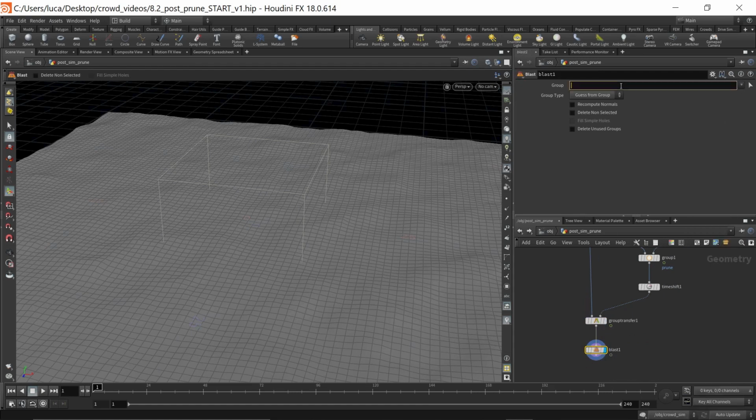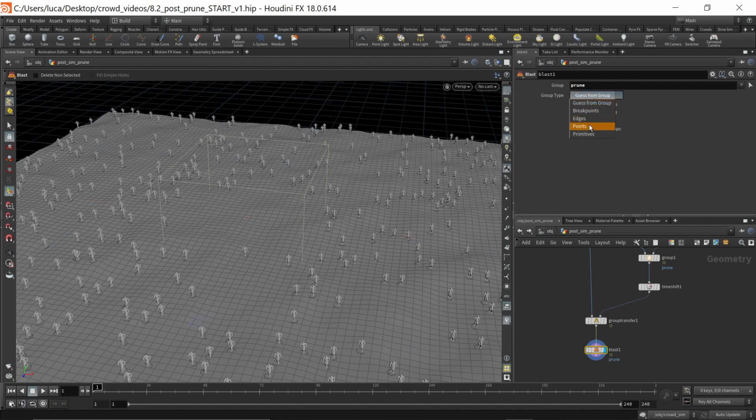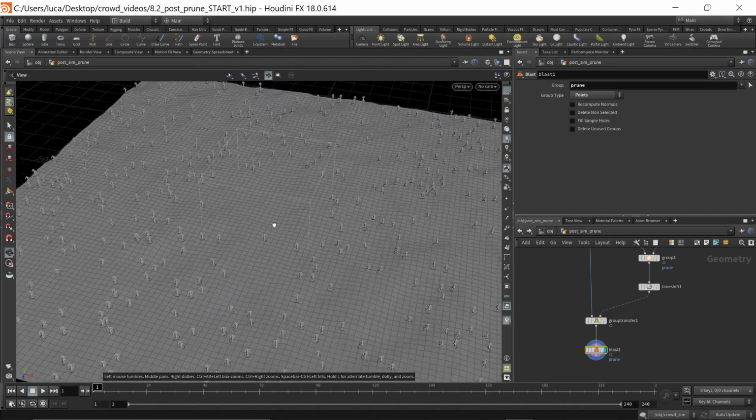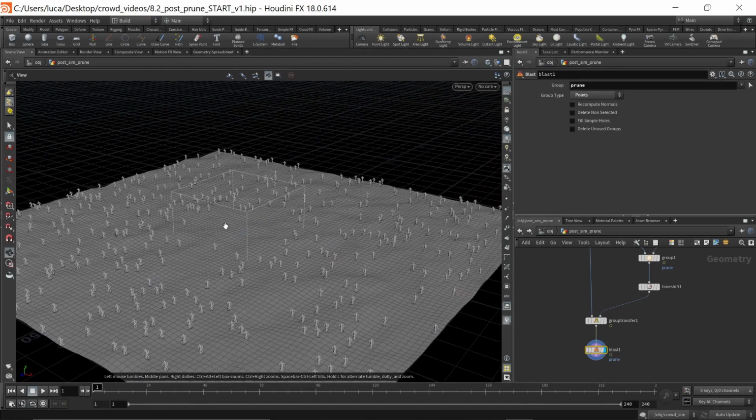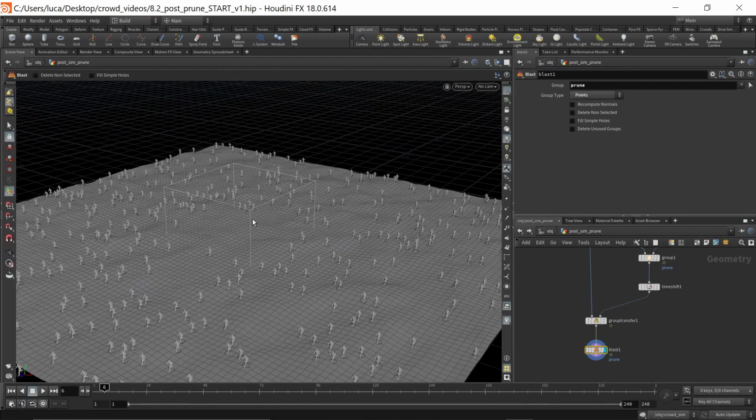And I will delete the Prune group. I'll change this to points. I like to be explicit in terms of which point group I'm deleting instead of guess from group, unless I have a specific reason. I just find it keeps things cleaner. Okay, so now if I play forward,